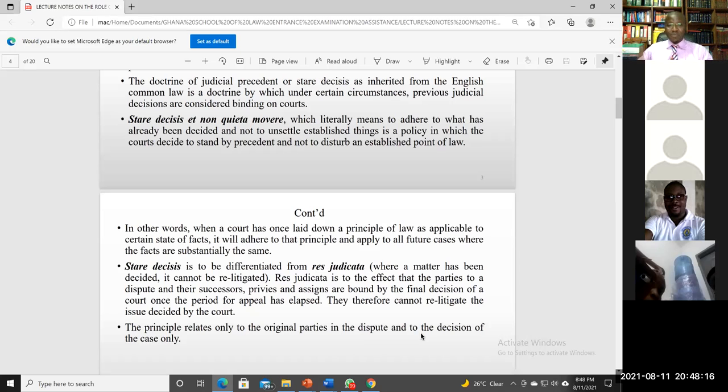And just for purposes of a reminder, in criminal law and also in the Constitution, if you remember, if we go to Article 19 of the Constitution, there is something we call the rule of double jeopardy, right? The principle of double jeopardy. If you go to Article 19 of the Constitution, and